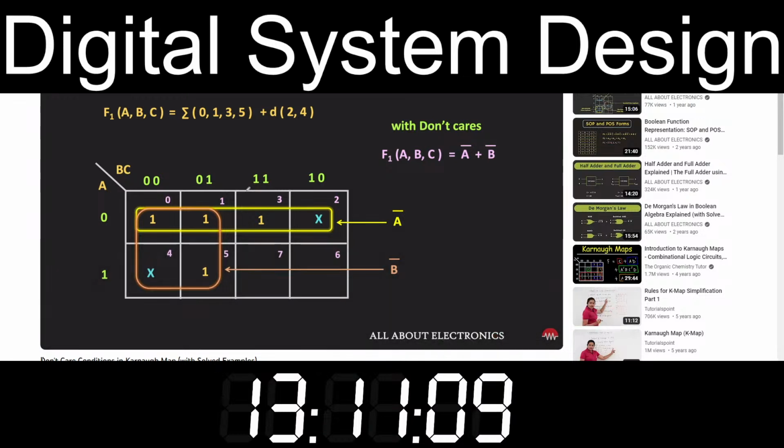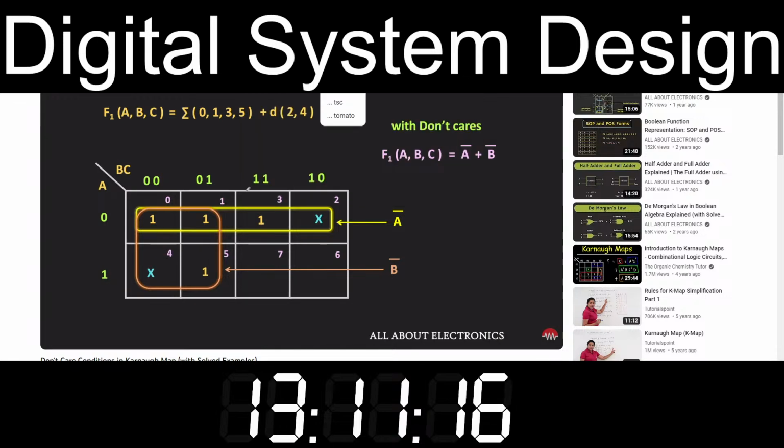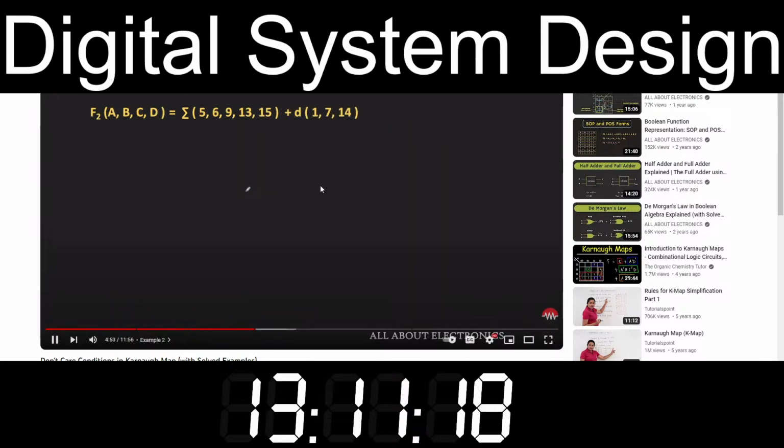So in this way, using the don't care terms, we can further simplify the Boolean expression. So let us take a couple more examples. So this function f